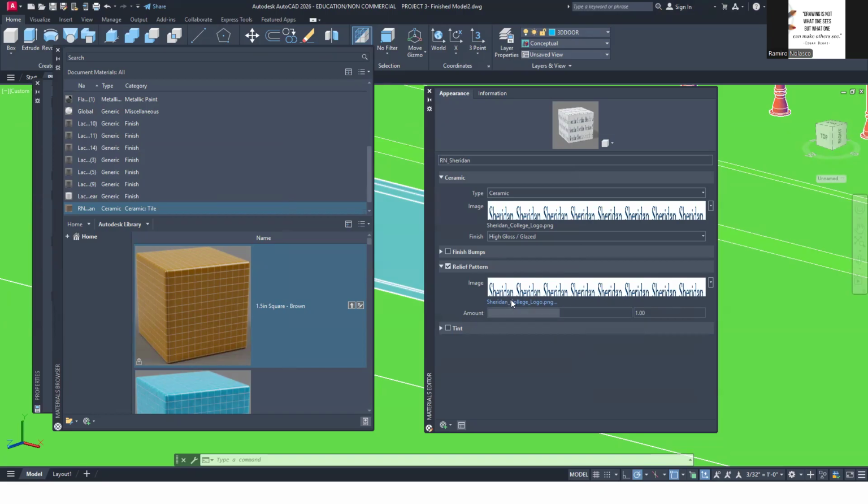And then, do you know why they should be the same? What's the idea behind that? What do you mean? The same image. Because of the size? Like proportion? Because this is a relief pattern, it will make your drawing have a depth. If they're not the same, then your Sheridan logo will have the tile, right? But if they're the same, then they are superimposed to each other.